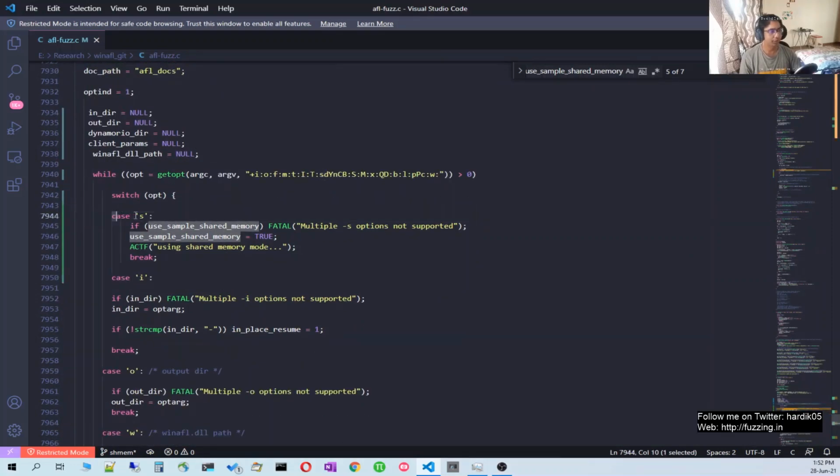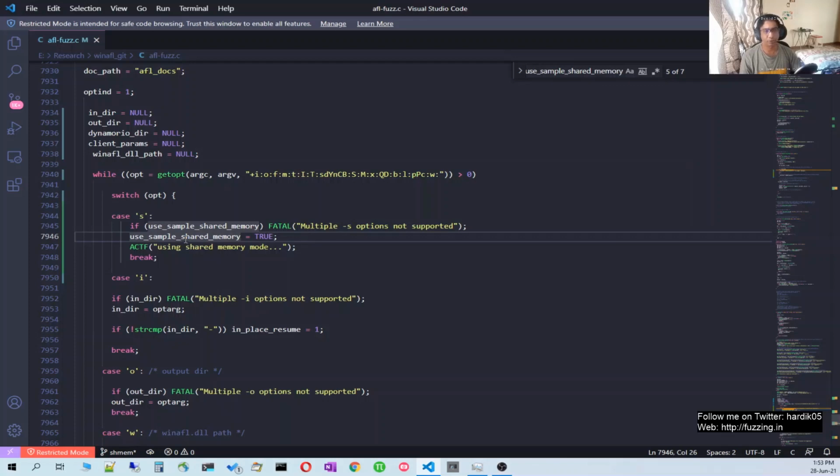So you will notice that here it is simply parsing that argument, and I am setting use sample shared memory to true over here. It will simply display one message that it is using shared memory mode, and after that it actually sets up the shared memory.